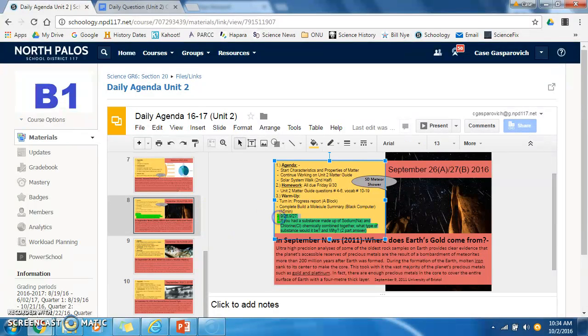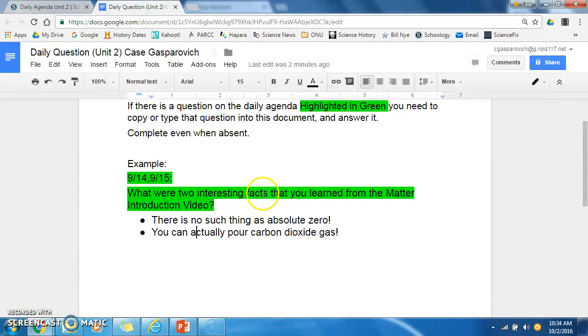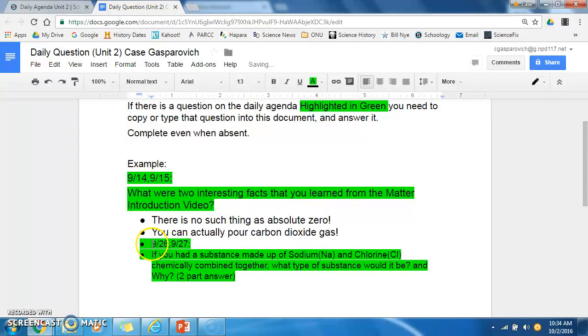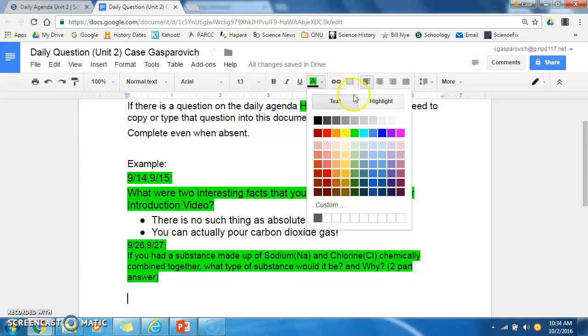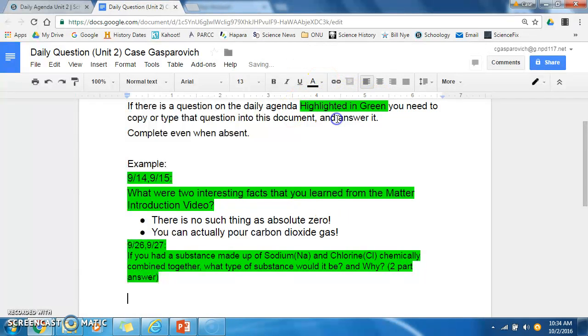We're going to highlight all of that, and on your keypad you're going to hit Control C to make a copy. We're going to then go back to our daily question, and you're going to hit Control V on your keypad to copy this into your document, and then you need to answer your question. So to do that, you have to come up here to the color text and click highlight, and we don't want it highlighted in green, we want it in black. You would answer the question. So the answer to this is it's a compound because